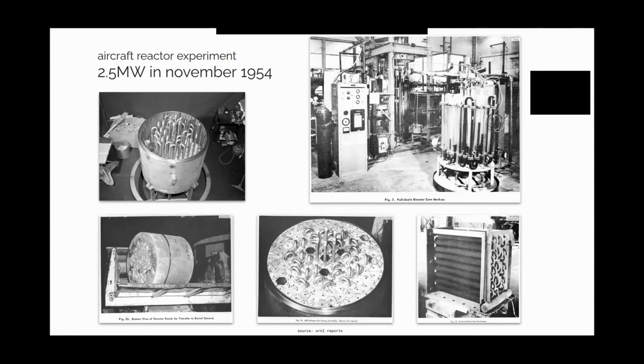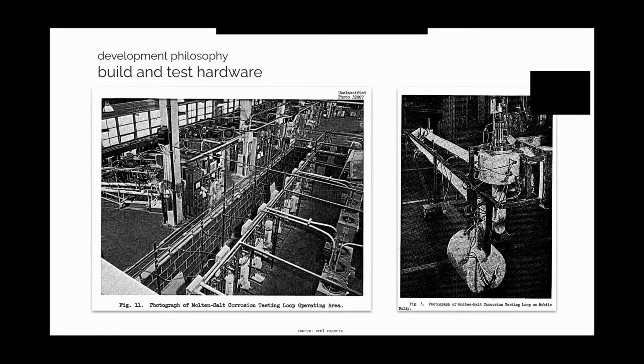The key difference being, of course, that we want to use heavy water and then insulation material between the salt tubes. And yeah, we would like to use silicon carbide here, or silicon carbide composites, or some other variants of that. And we're testing several options, but if we can't get it approved in time, we'll just use stainless steel for the brief life of the reactor. But this is also similar to the approach that they took in the MSRE days, and before that in aircraft reactor experiment days,